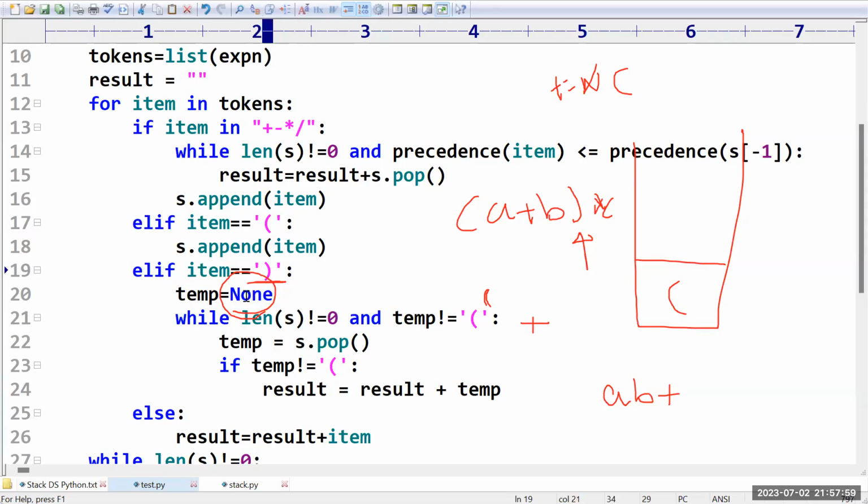Whenever open parenthesis, length of the stack is not equal to zero, and this temp is not equal to open parenthesis, try to pop the item. And if it is not equal to closed parenthesis, we are going to append that temp. Correct only, but